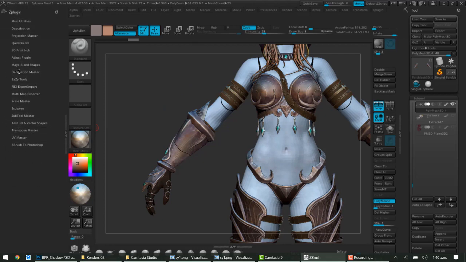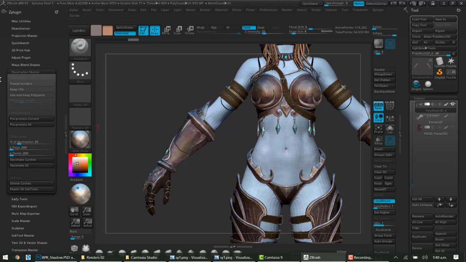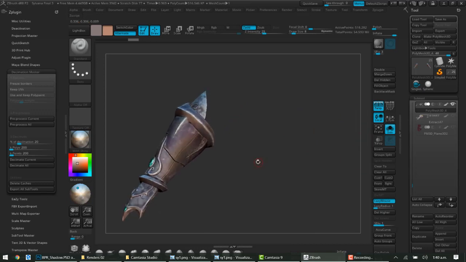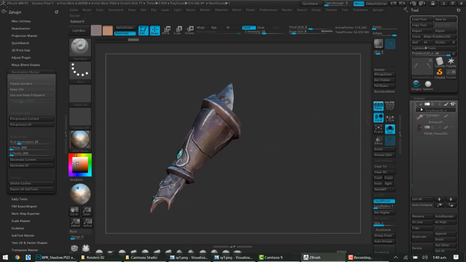Here, Decimation Master. It will show us the normal process. It will calculate the quantity of polygons that I can move down. It will generate first this, and then it will generate the decimation. It is very simple. I'll select first this piece, press solo. This piece, we've got more or less